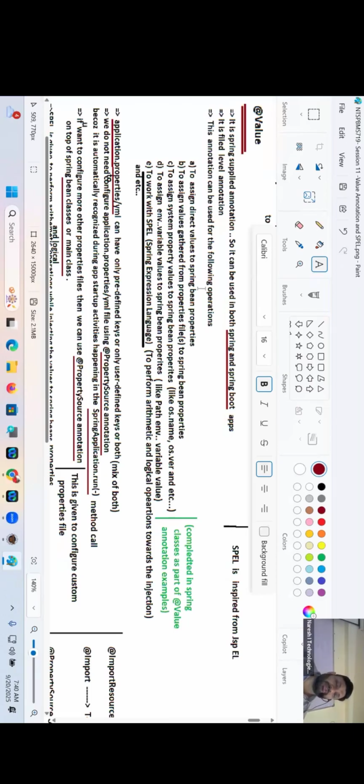This annotation can be used for the following operations. To assign direct values to Spring Bean properties, already we discussed @Value with direct values. To assign values gathered from property files to Spring Bean properties. To assign system property values to Spring Bean properties, like os.name, os.version, etc. To assign environment variable values to Spring Bean properties, like PATH and CLASSPATH environment variables, etc. And to work with SpEL, which is nothing but Spring Expression Language, to perform arithmetic and